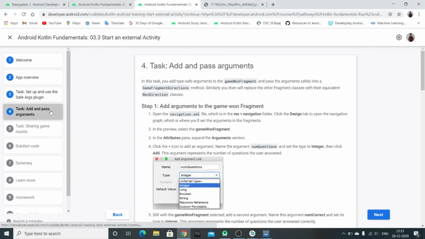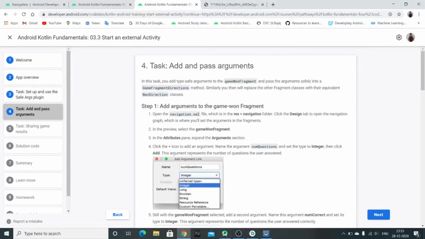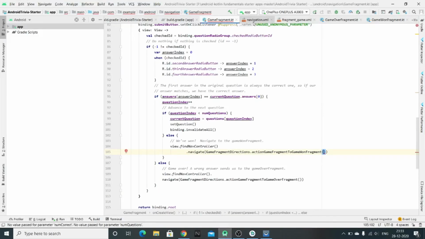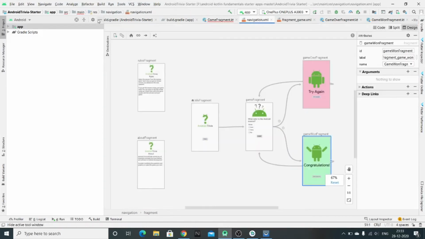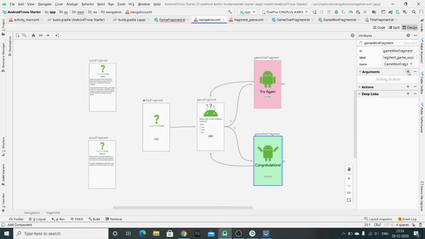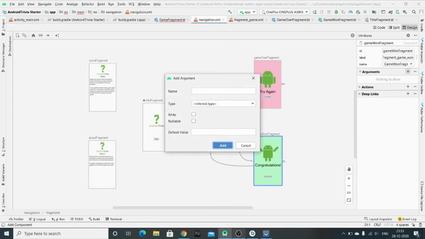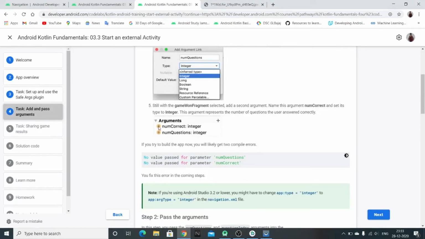So here, as you can see, just navigate to this navigation.xml. Go to this navigation.xml. Click on design view, and then click on the congratulation fragment to add some arguments. Click on add, and then the name of the arguments will be num question and num correct, and this will be of type integer.